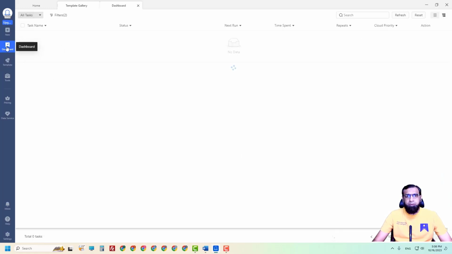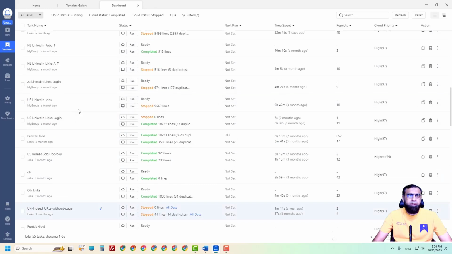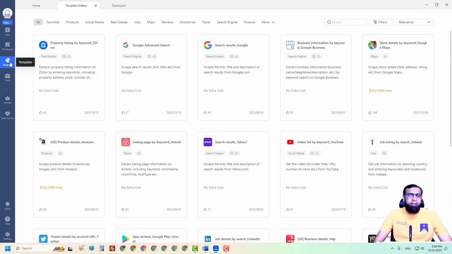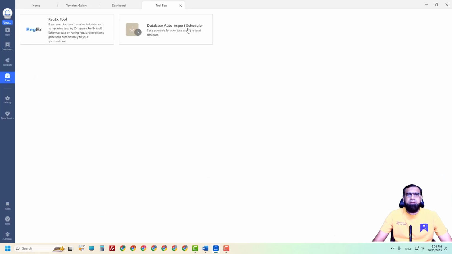Next is dashboard. Dashboard will show you all your tasks, so they will appear in dashboard. Inside templates, all your pre-made templates will appear, and these are some basic tools. We are not going to need them. So then prices,